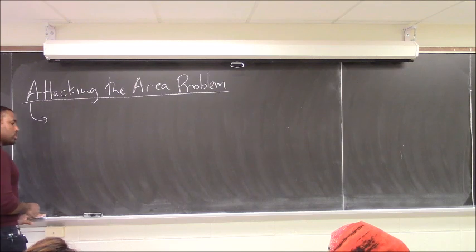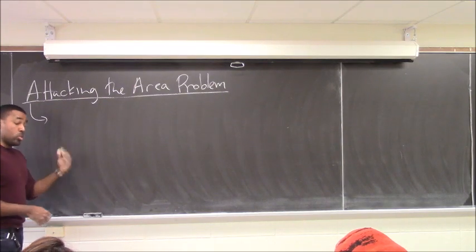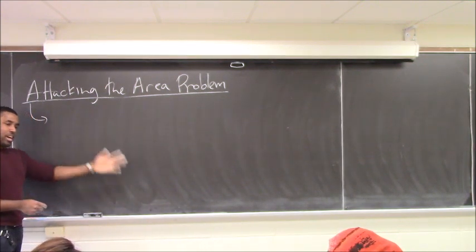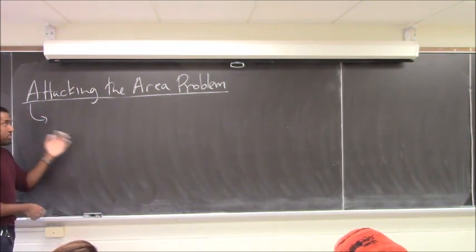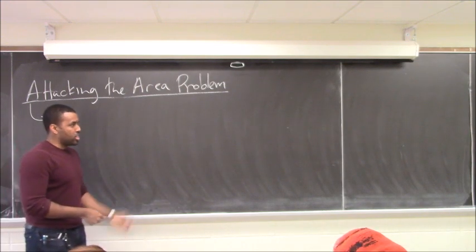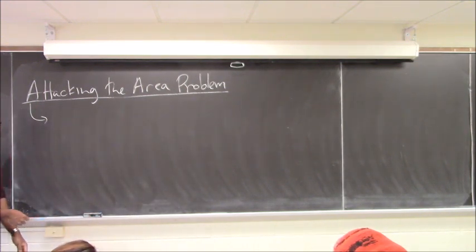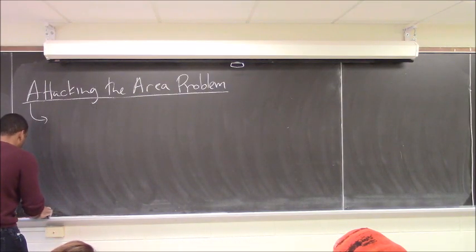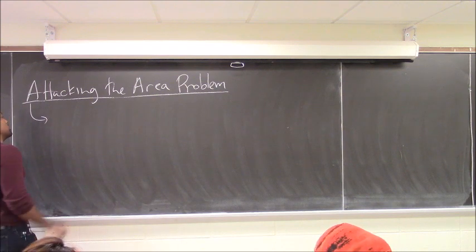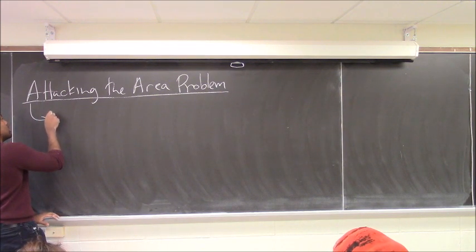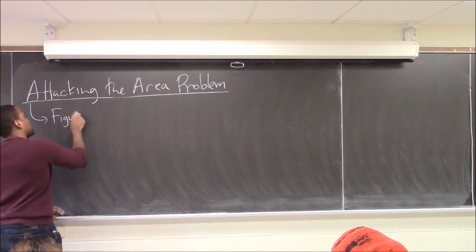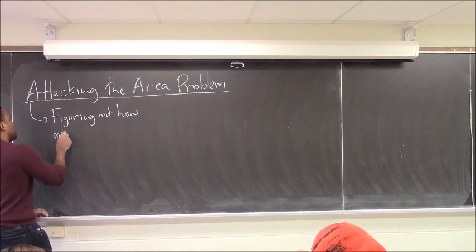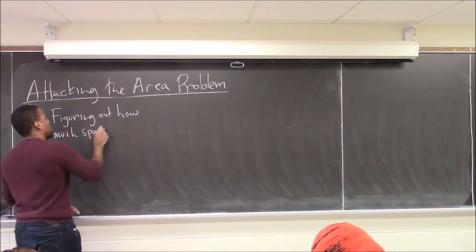So basically what we're going to do is we're going to pretend for the moment that we don't know about derivatives or anything of that. We're pretending we're in a different part of the world at a different time. We don't know about derivatives. We're going to figure out how to find areas. And then you're going to realize that whoop, we're going to loop right back around, and we're going to end up in the derivative / antiderivative circle. And so this is figuring out how much space something